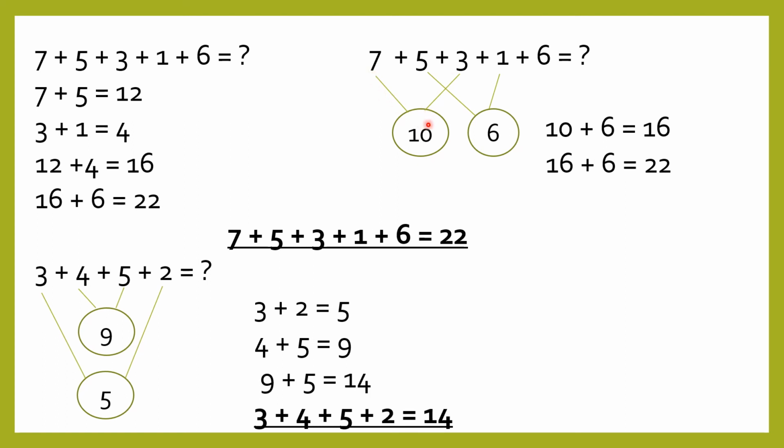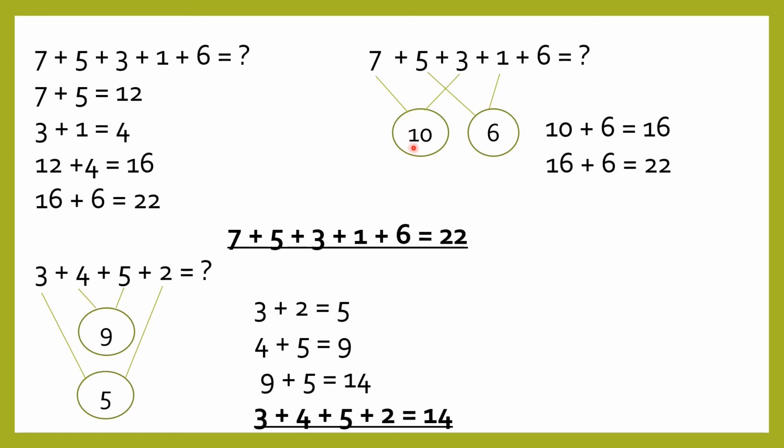7 plus 3 makes 10. I know that 10 would break up into 7 and 3. But instead I am joining these values together to form a single number. So 7 and 3 make 10. And 5 and 1 make 6. Okay. Once I am done with joining the numbers, now I am not going to use these numbers.